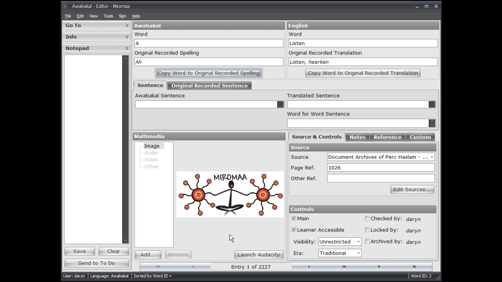The word ID is a unique number which has been given to every word which has been entered into the language database. It's a unique number which cannot be changed on that entry. At present, you can see we're on the bottom right hand corner here. You can see we're on word ID number 2. So I'll just flick through some of the